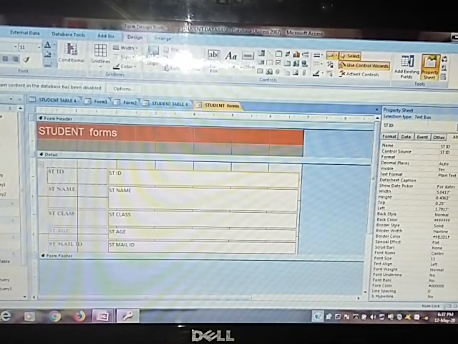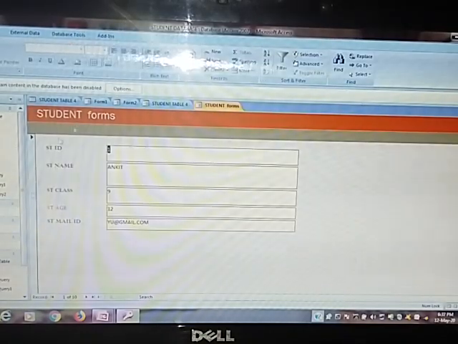And the work of form view, this is the form view. In form view you can enter information. For example, we have 10 records. Now we want to add a new record. So click on the navigation bar. This is the navigation bar at the bottom of your form. You can see here, this is the navigation bar. Click on the New Blank Record.